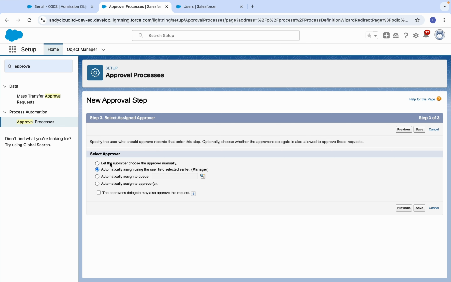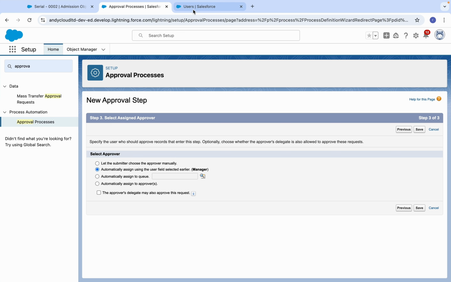Now it's asking to let the submitter choose the approver manually or assign automatically. If I click here, then when a person submits the record, it will give a small window asking whom you want to assign as approver. The person submitting the record can select the approver manually. Or automatically assign using the user field selected earlier, manager.